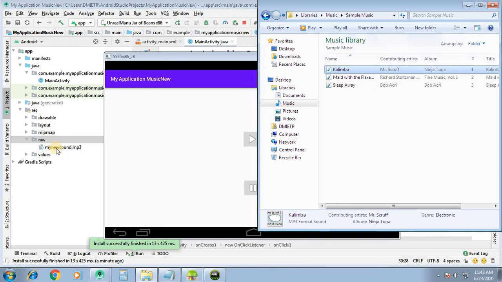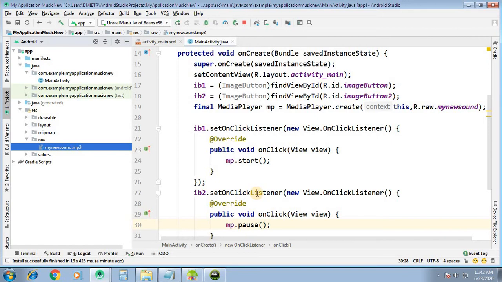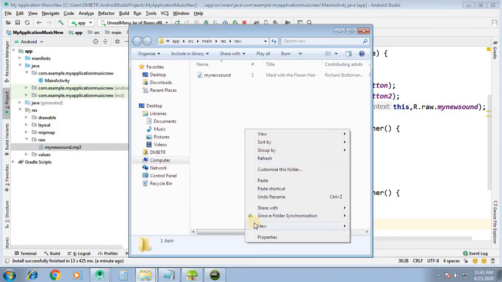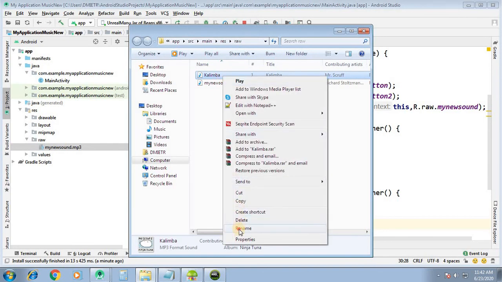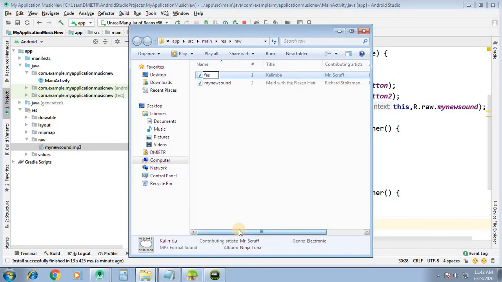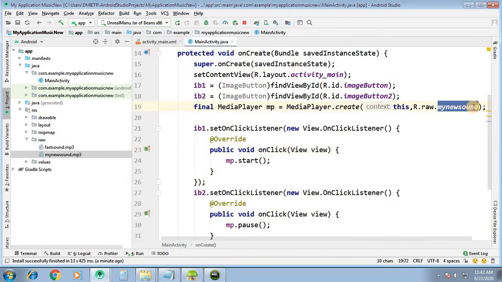I will copy, and here I will add the fast sound. Here again we have to change to fast sound. Now we will run the configuration.